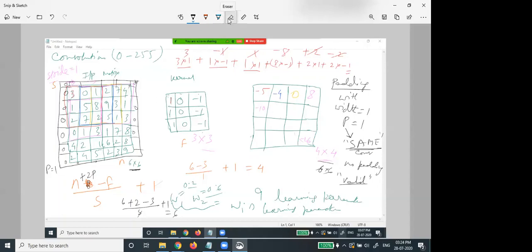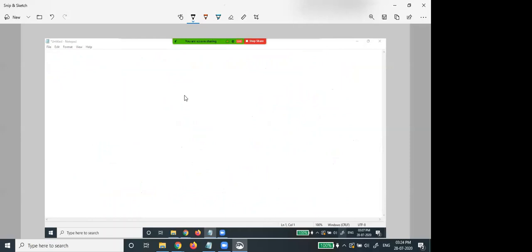So another operation is there. In this slide, we have performed the convolution operation. On another slide, we will work on another operation. Another operation is very simple: pooling.